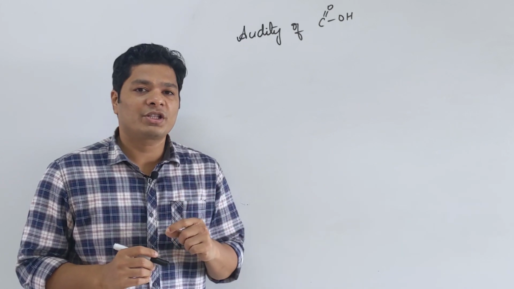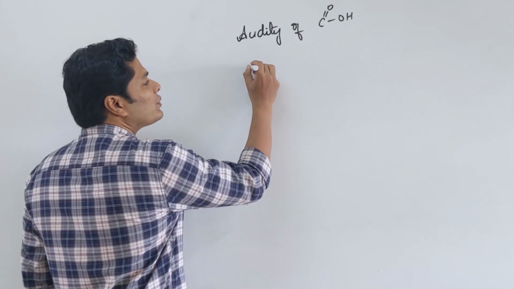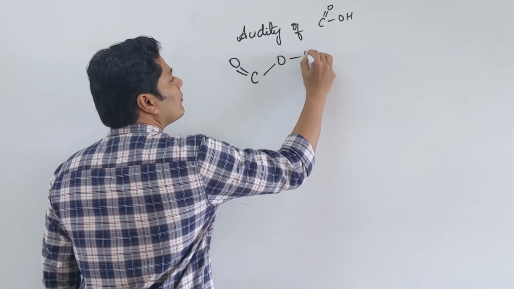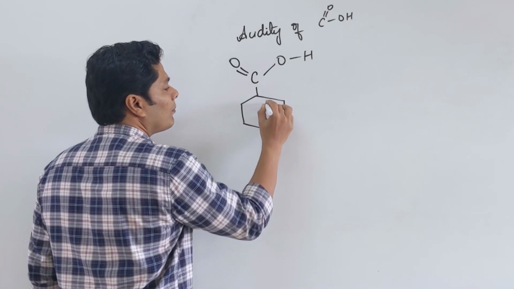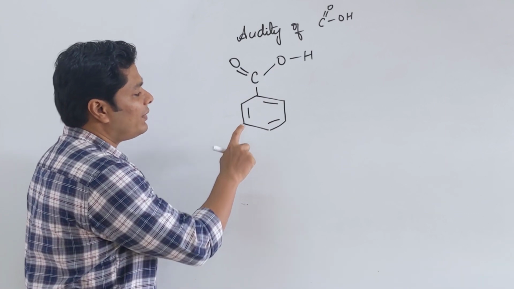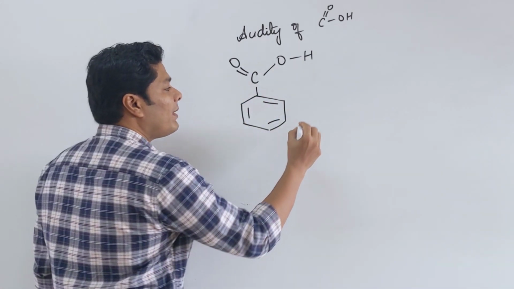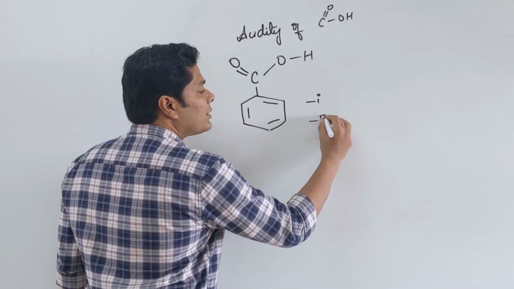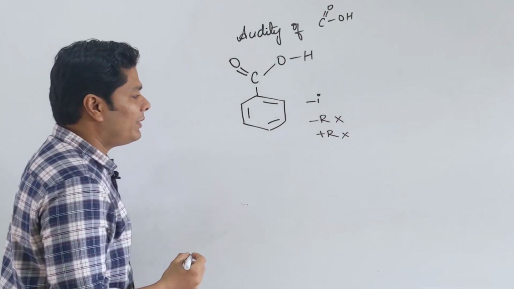A special mention has to be made for the acidity of benzoic acid. So, if you draw benzoic acid, the effect that you are going to see from this group attached to COOH is purely going to be minus I. Minus R is not going to be possible, plus R is not going to be possible. The reason being